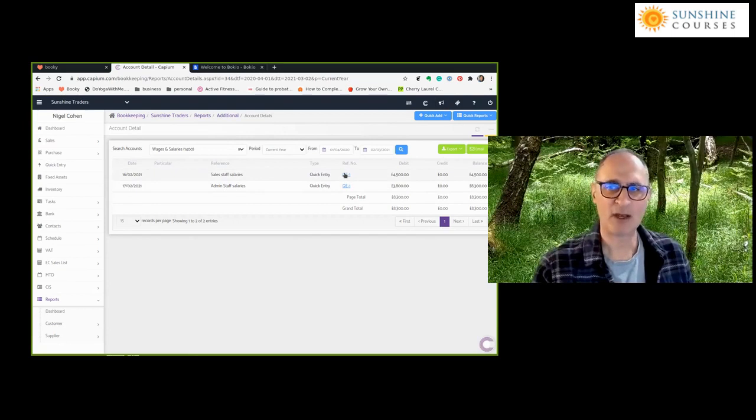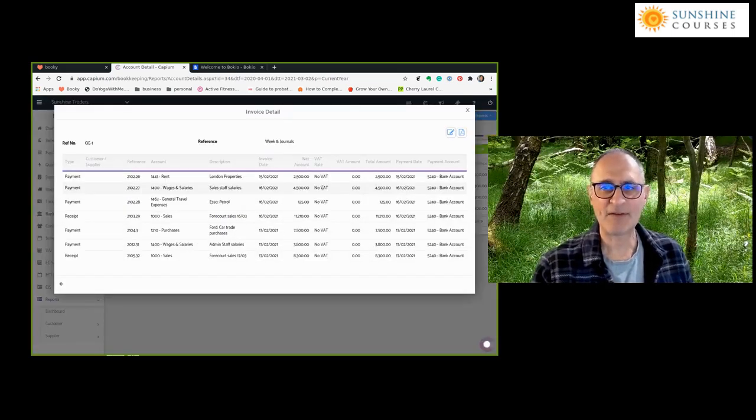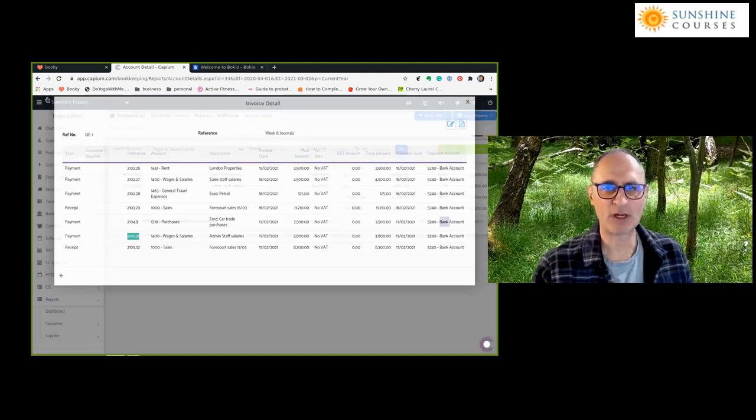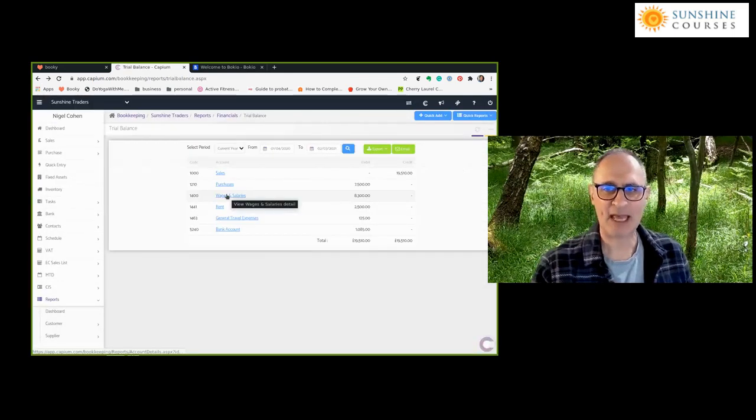And if I click on the reference number, QE1, that's the reference number of the entry, it takes me back to the entry we just did. I can track down my salaries. And if I have entered it properly, my reference here gives me the audit trail back to the individual documents where I created this figure in the first place. So using my computerized system, I've got this wonderful trail that I can go straight from my trial balance back to the individual transactions. And if I make a mistake,